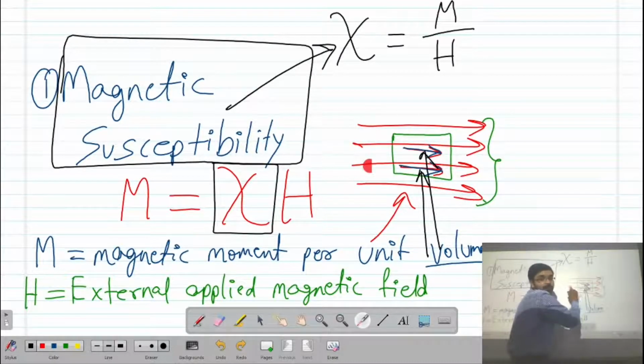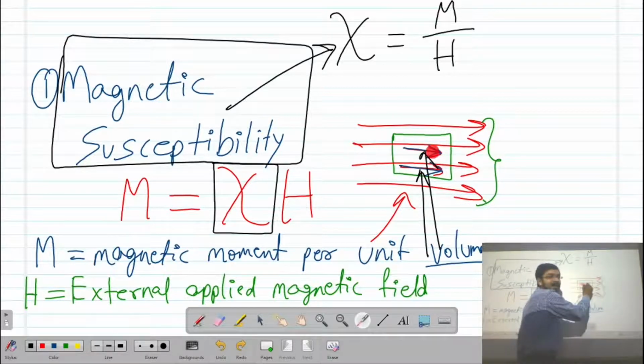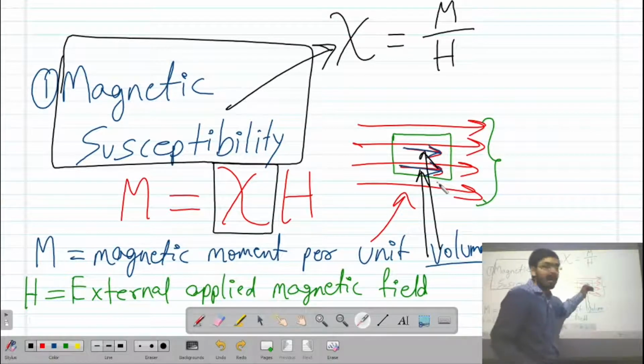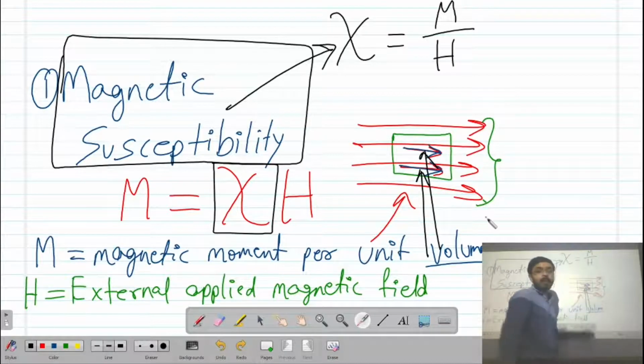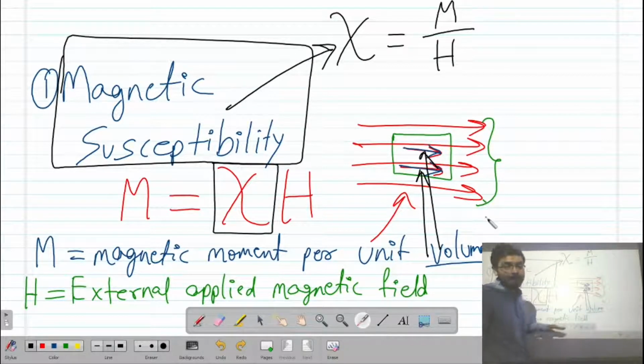if we apply an external field, you can see these red lines, that is the applied magnetic field, then the magnetic moments which have oriented themselves in the direction of the external magnetic field will give rise to the magnetic moment per unit volume calculation, right?